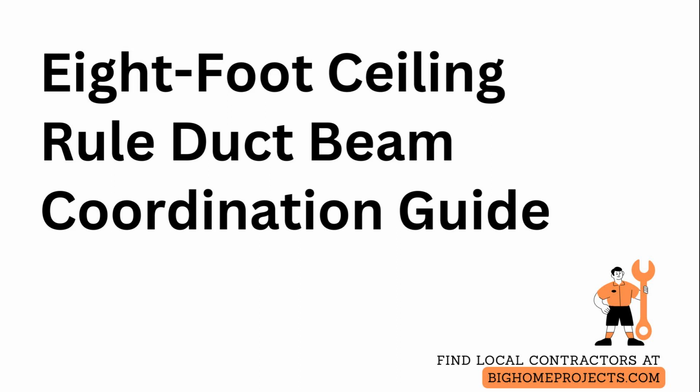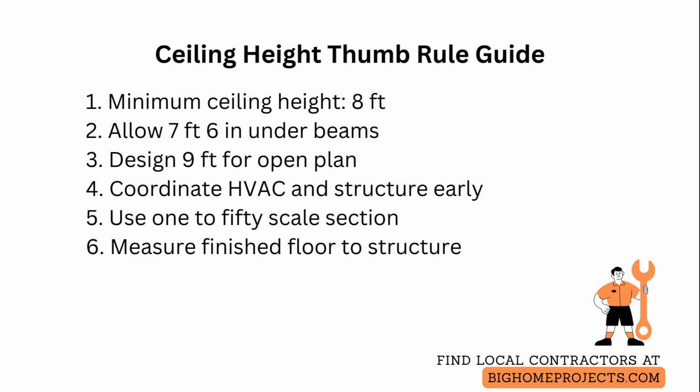Ceiling height drives comfort and code compliance, so use a reliable thumb rule before you finalize plans. For most habitable rooms, aim for a minimum ceiling height of 8 feet to provide comfortable clearances for occupants and typical fixtures. Where structural elements or mechanical runs interfere, a 7-foot 6-inch finish height can be acceptable in limited areas